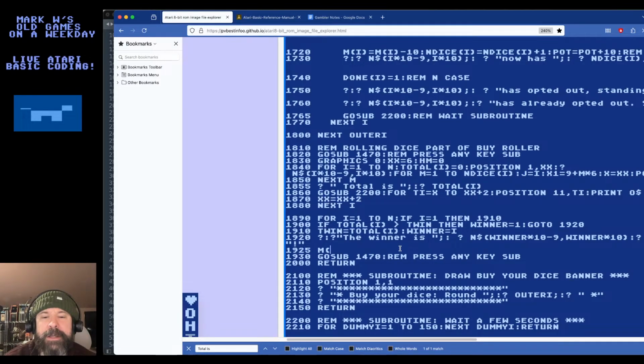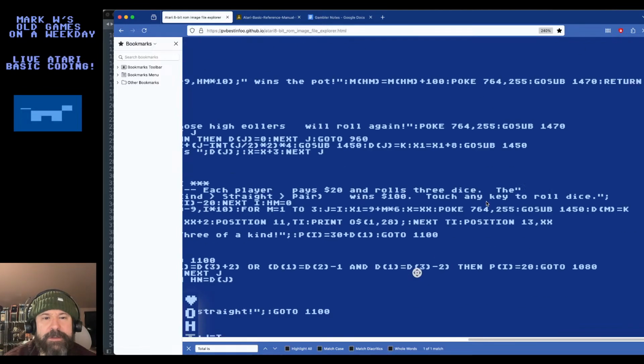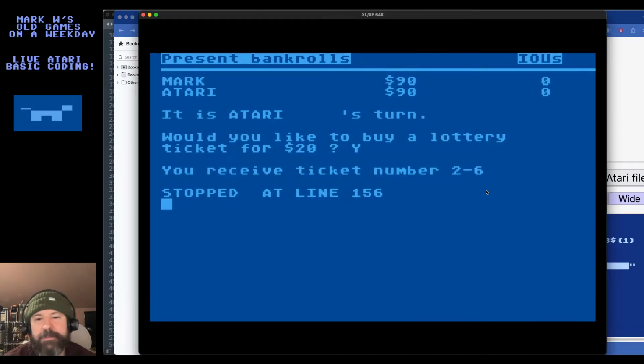All right. So M of winner equals, this is the money belonging to the winner, equals their existing money plus the pot. And that's that. All right, let's see if this works. This is exciting. Oops.